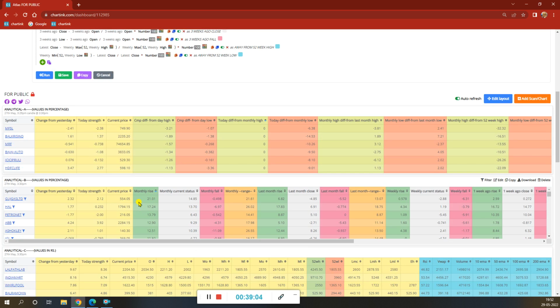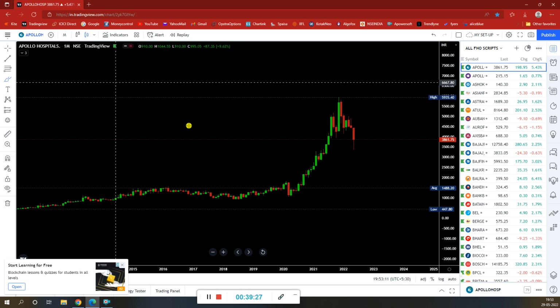After opening it went up 21%. It gave a rise. And what is the current situation? After rising 21% in a month, this stock went down to 14%, which means approximately 6 to 7% it fell. Now let's go to Gujarat Gas,